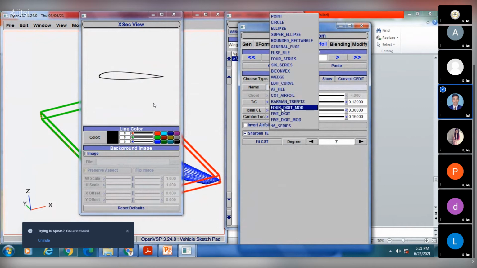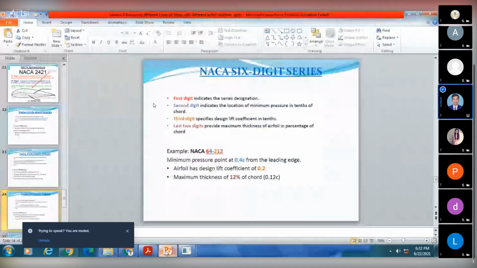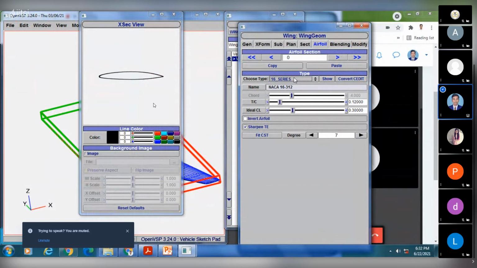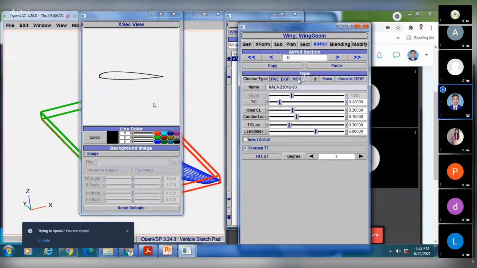Here we have the option 4, 5, and we will select the 6 series.